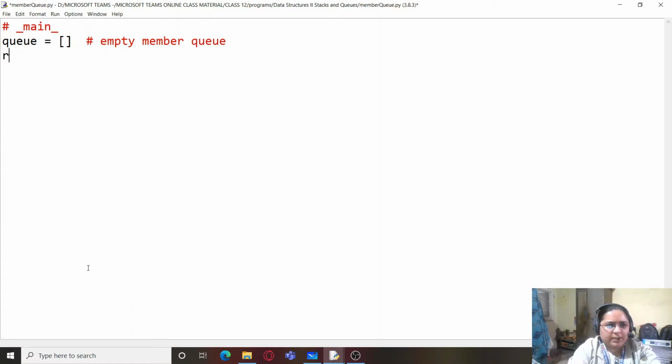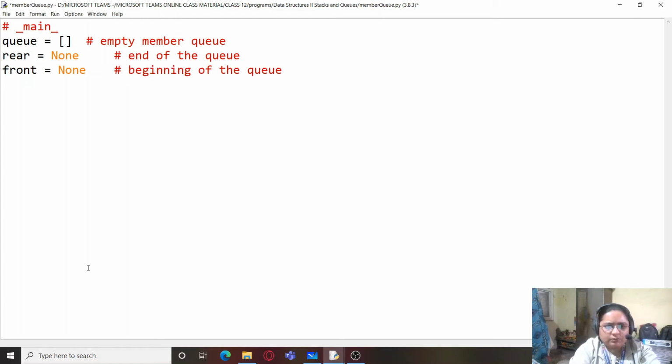As we know that a queue contains rear and front, so we are going to take rear as None and front also as None. Rear represents the end of the queue and front represents the beginning of the queue.